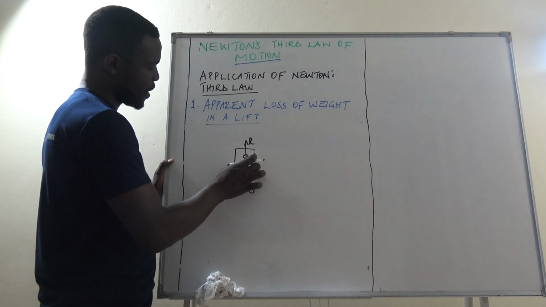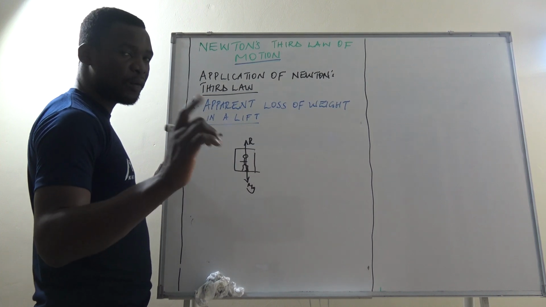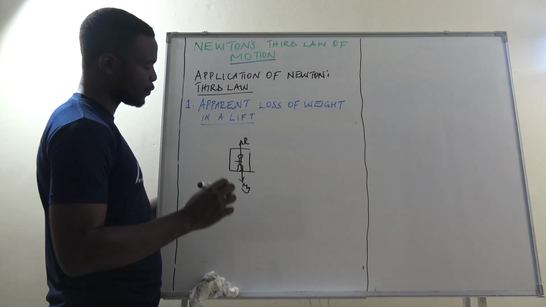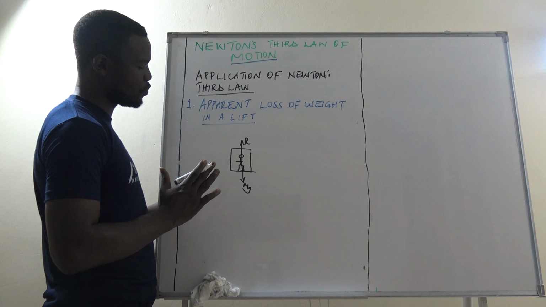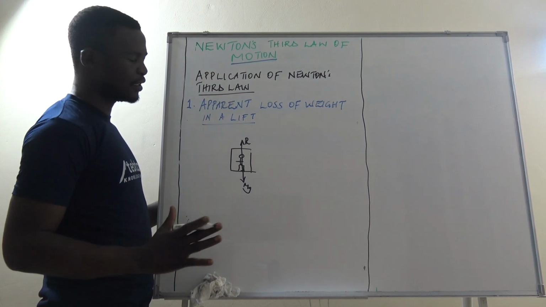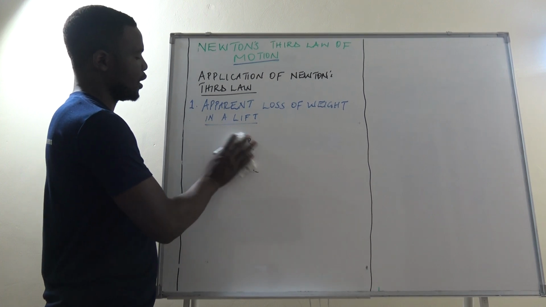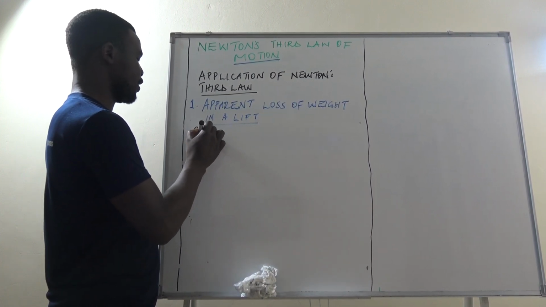If there is a weighing machine in this lift and the lift is stationary, what is the apparent weight of this man? Two, we are also going to look at a scenario: if this lift is moving upwards, what is the weight of the man on that lift? So now, let us begin by considering